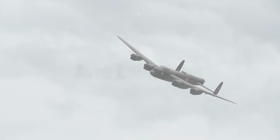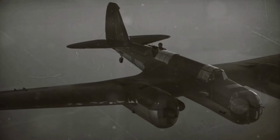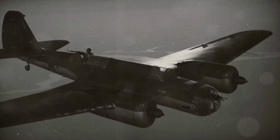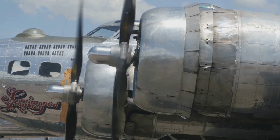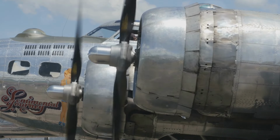Next up, we have the Avro Lancaster, a British heavy bomber. This aircraft was a marvel of British engineering. Its sleek design allowed it to carry an extensive payload, making it a formidable force in the skies. But the Lancaster was more than just a heavy lifter. It was equipped with 4 Rolls-Royce Merlin engines, giving it the power and speed necessary to conduct precision bombing runs